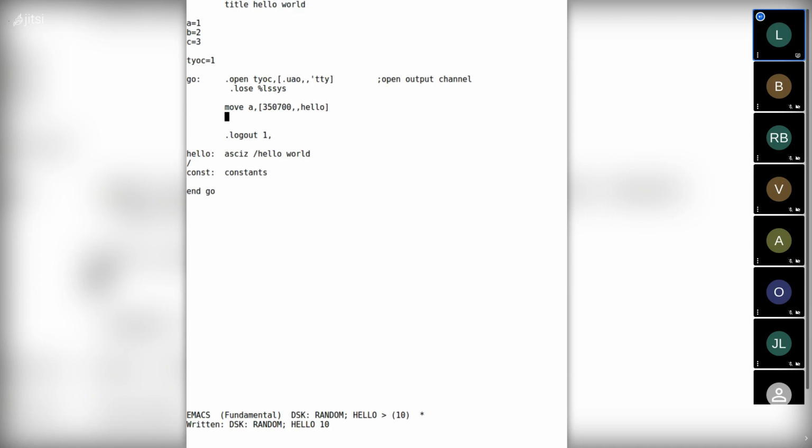So now we need to load that first byte. That's the LDB instruction, load byte. We're going to load from the byte pointer in A into the accumulator C. And we want to see that on screen, so we use the .iot system call.